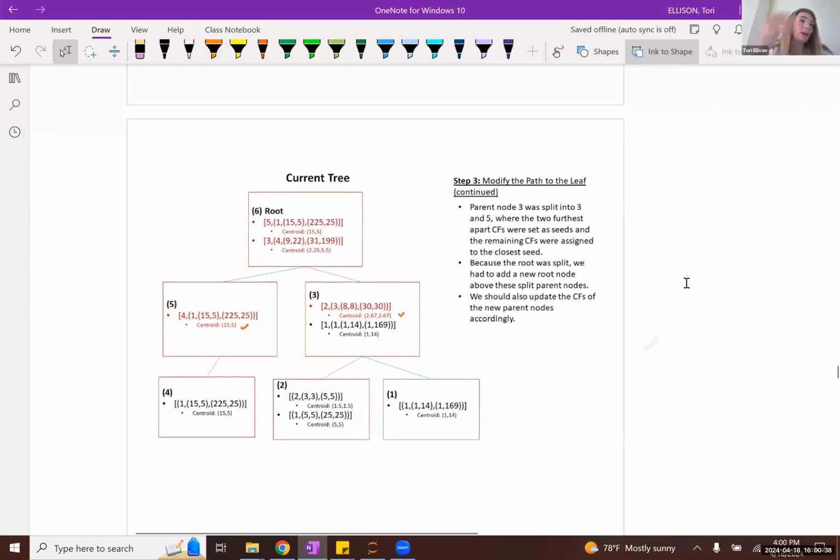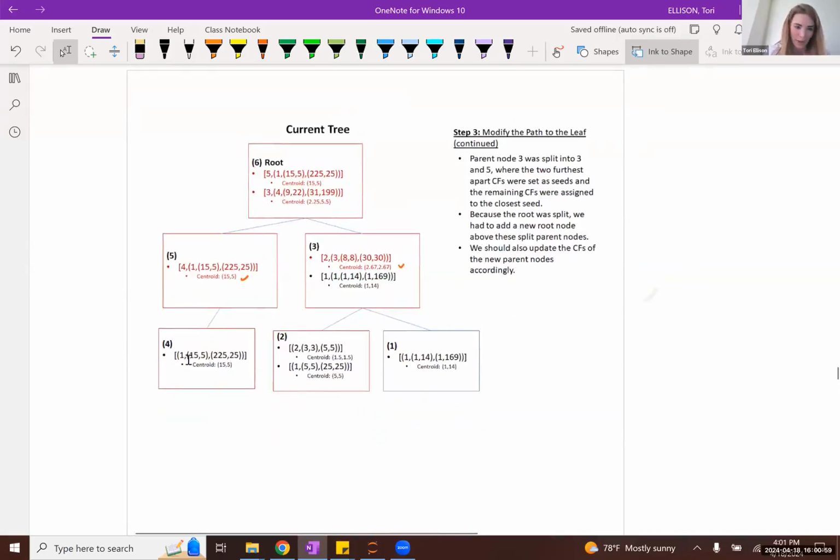So in this very small toy example, there were only 5 observations that we wanted to incorporate into the CF tree. And so we have created our CF tree, which contains information about the clustering structure of this data set. Take note, our final CF tree has now represented 4 subclusters of the data.